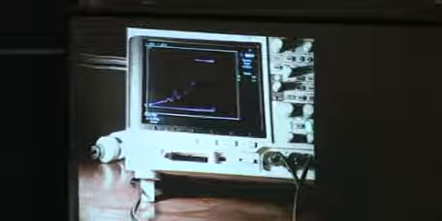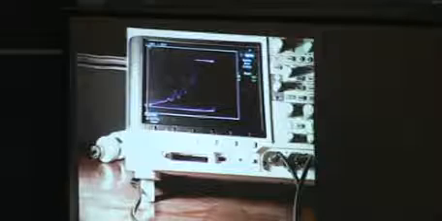If I increase the heater current, what's going to happen? The amplitude of these dips, it will decrease. And what about the peaks? If I increase the filament current, the peaks are going to increase. The peaks are going to increase because now there are more electrons that are being emitted per unit time. But the position of the dips is not going to change because we're not changing the energy.